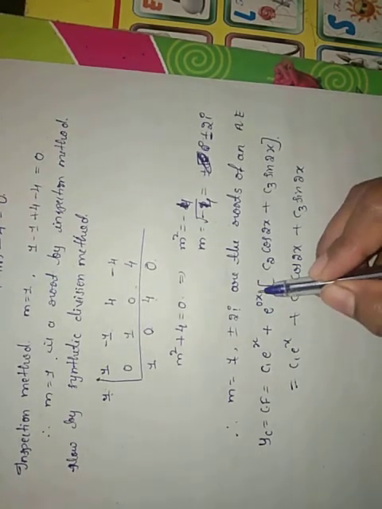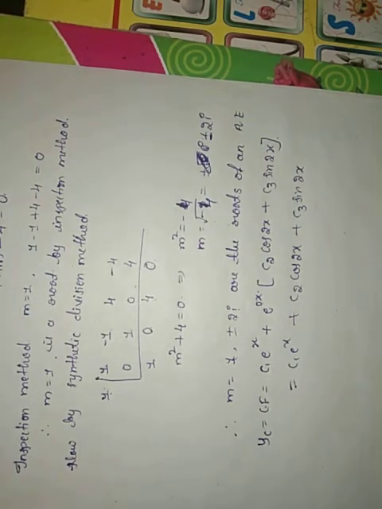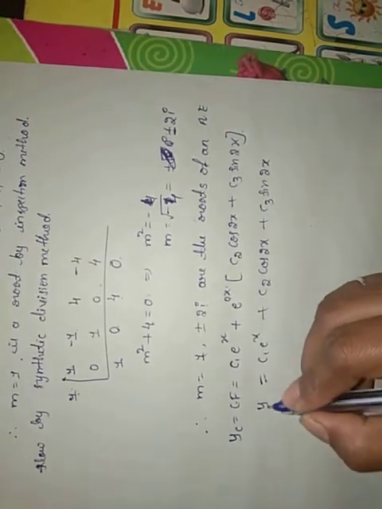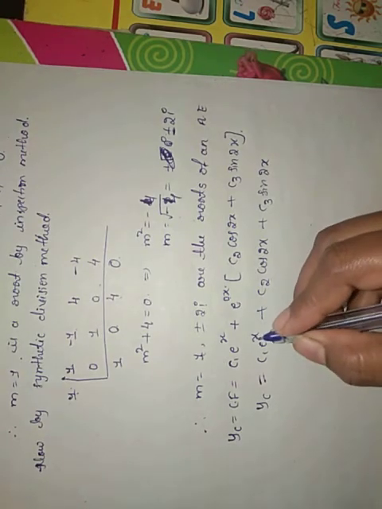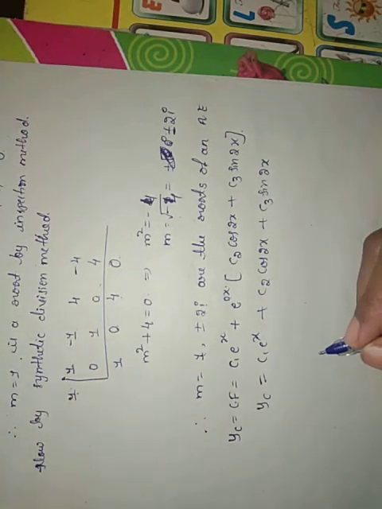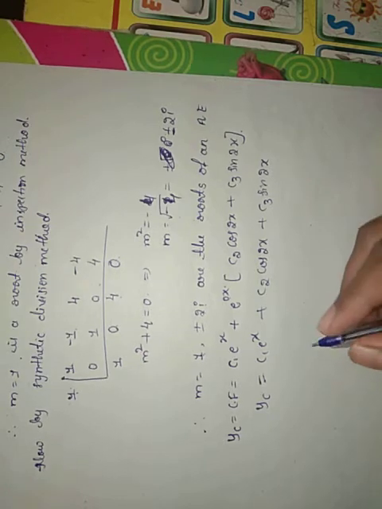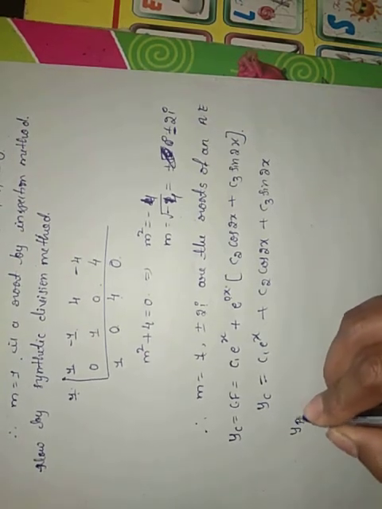e raised to 0 is nothing but 1. That's why it is simply 1; I neglected the term. So our complementary function is equal to c1 e raised to x plus c2 cos 2x plus c3 sin 2x. So next, our particular integral is equal to,